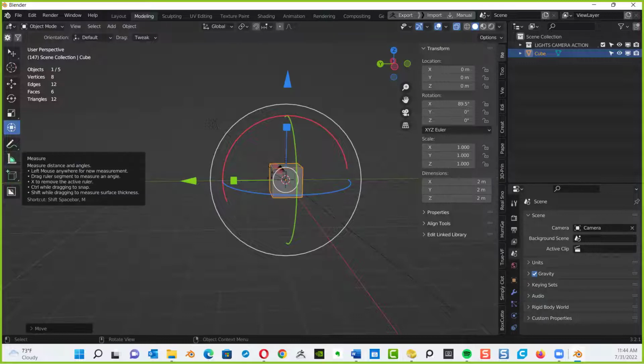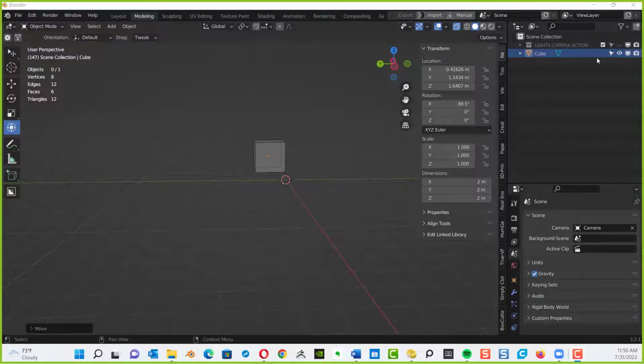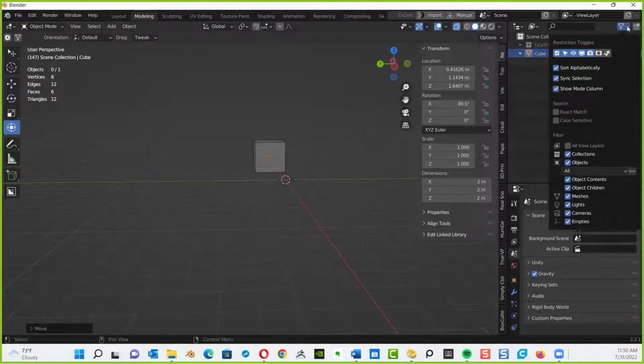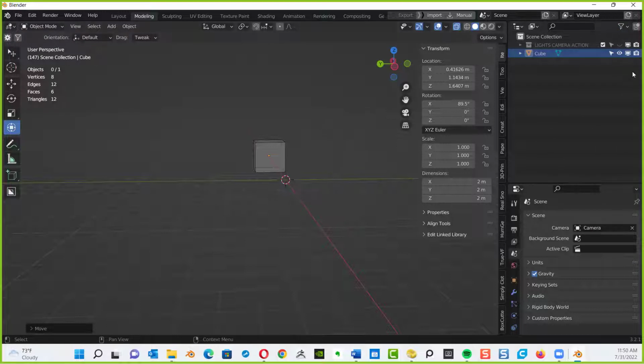I'll let you guys play with that for a second. Just watch me first. Right up here in the top right hand corner, because I have these extra icons available here, you don't have them by default. If I go to that little funnel symbol, drop it down, I want to highlight blue, the arrow, the eyeball, the monitor, and the camera. Once it's done, just click off, and now you will see them displayed on the right hand side. Does that make sense?